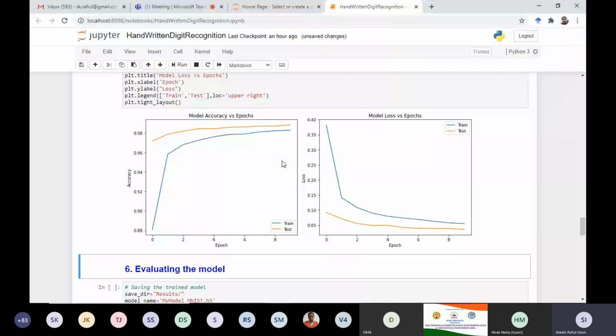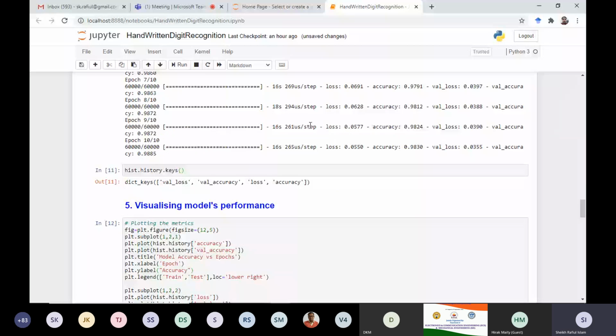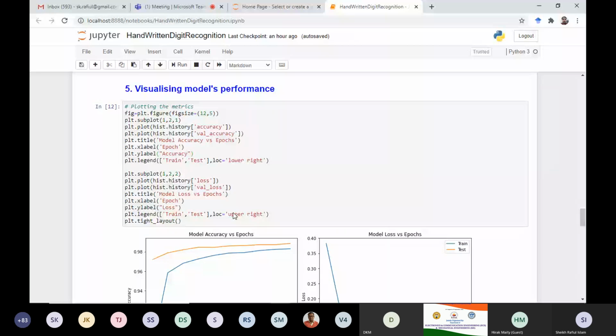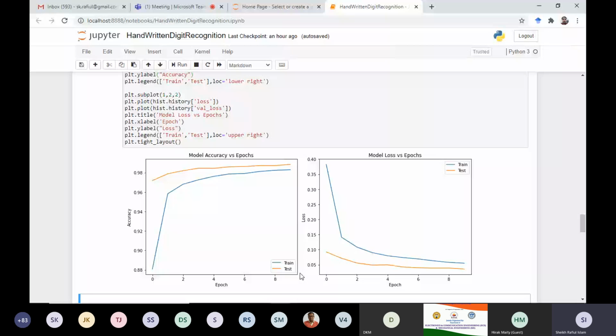Basically these things we have shown in the form of a plot. And if you increase this number of epochs, it will give a very nice plot. You can see how your model is performing, or how your model is learning during training.